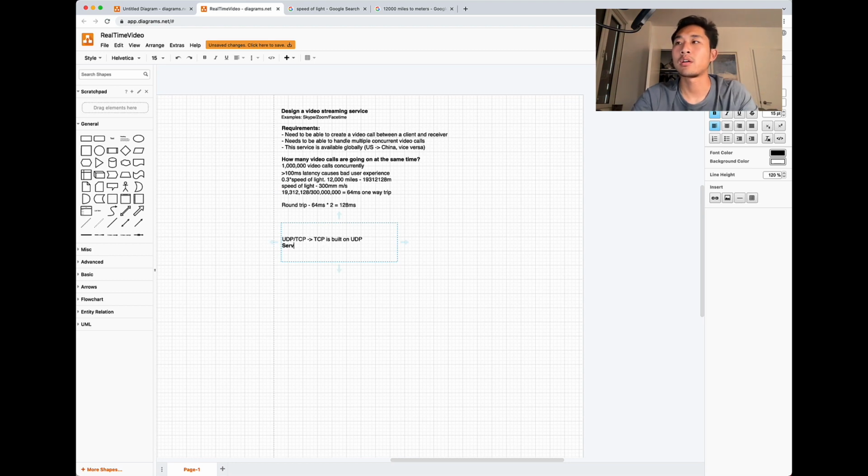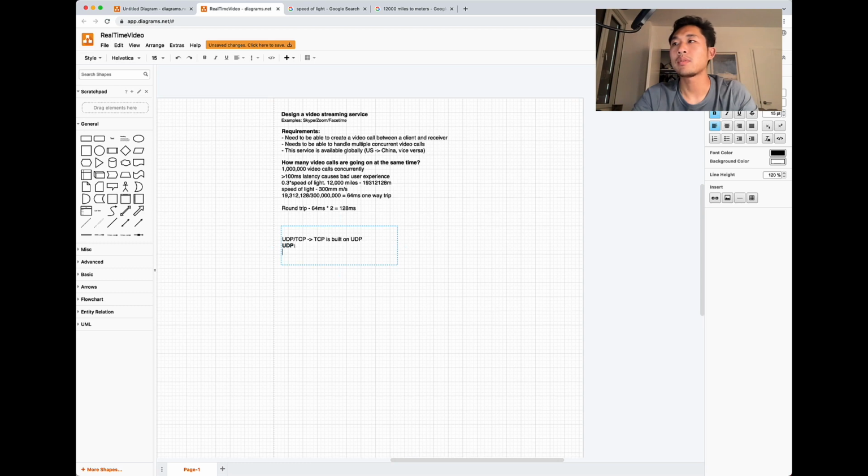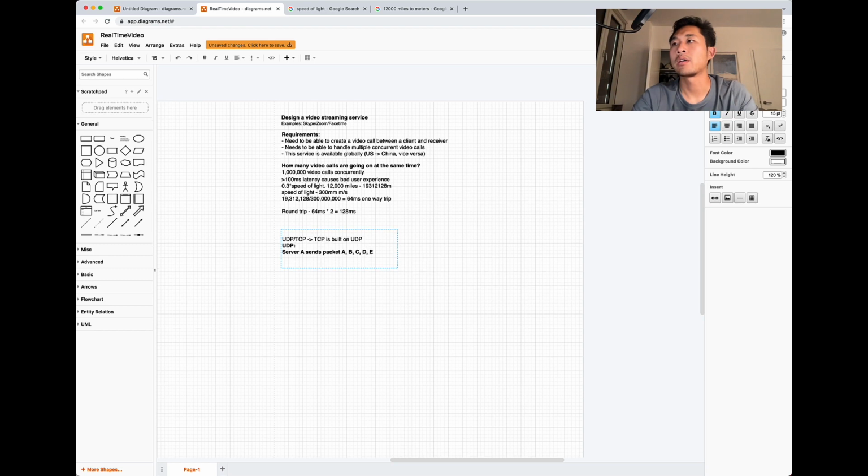So in UDP, server A sends packets A, B, C, D, E to server B, and server B can receive A, C, D, E. So it lost packet B, and maybe it gets B later on, so that it receives it out of order.